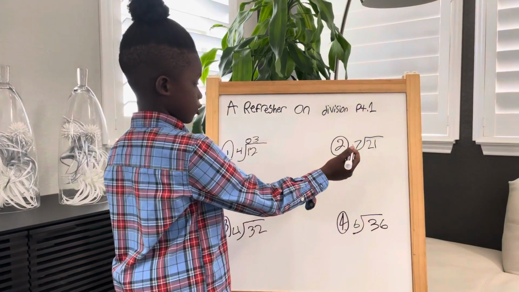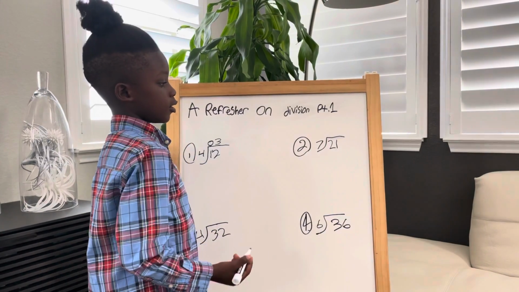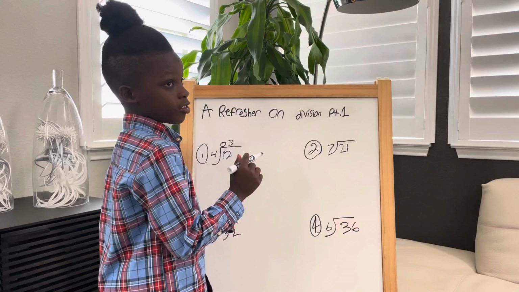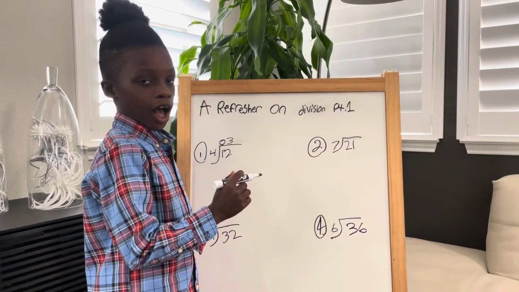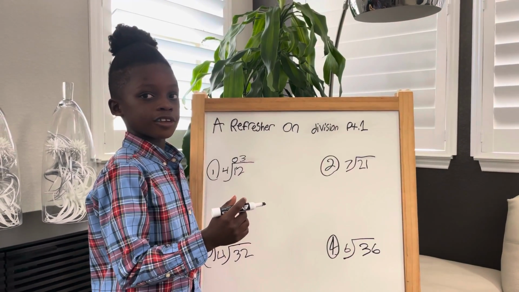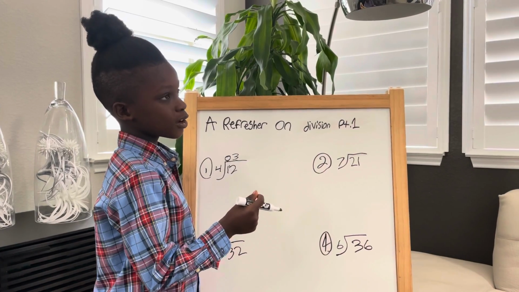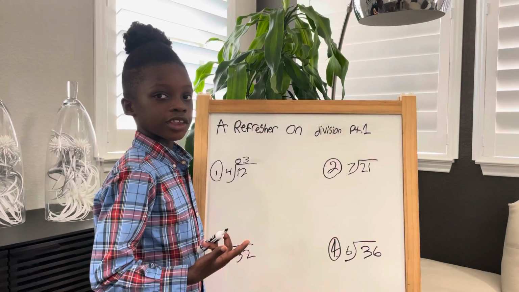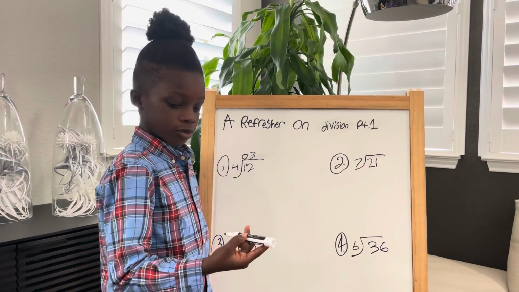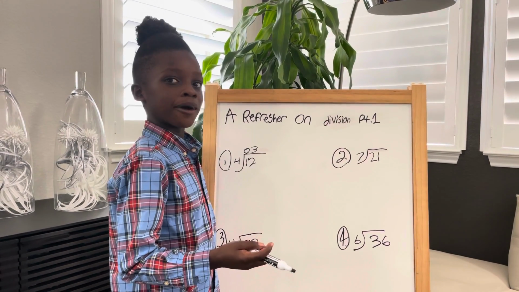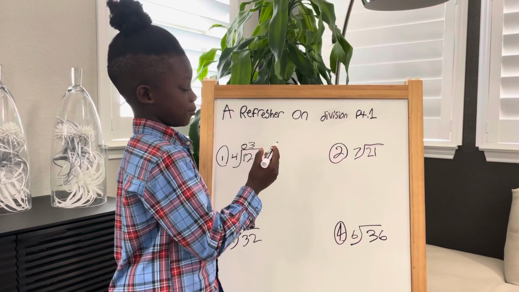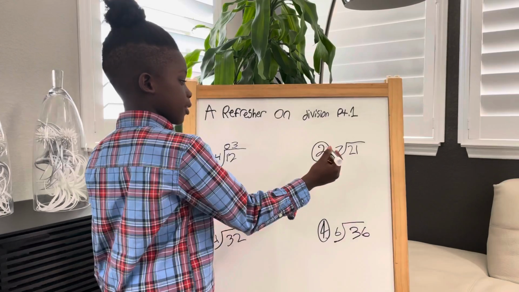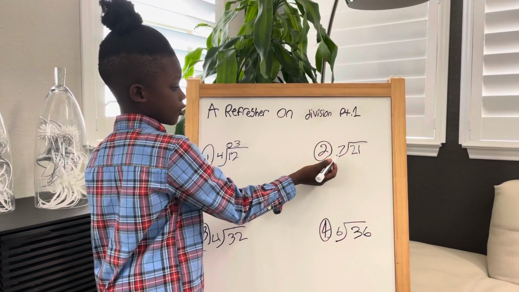Okay, now let's move to 21 divided by 7. Before I explain this, let me tell you something. Since division is the opposite of multiplication, and multiplication is the opposite of division, if you know what you have to multiply by 7 in order to get 21, then you can get the answer really quickly. Oh, I didn't notice this when I made the problem. I'll tell you what I've done. So here, 21 divided by 7,